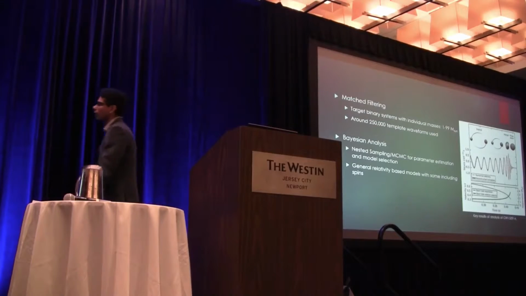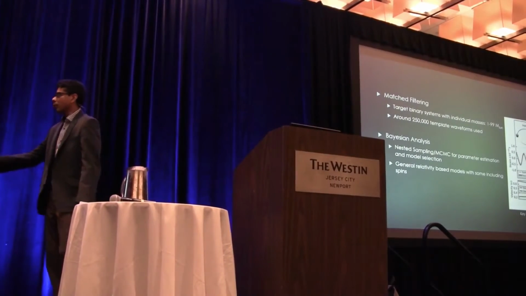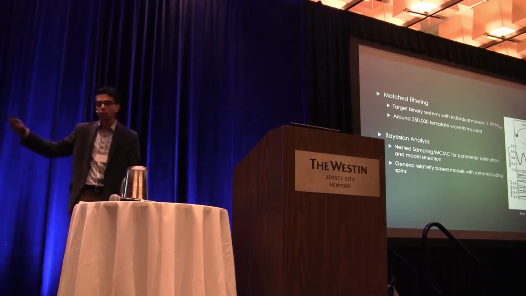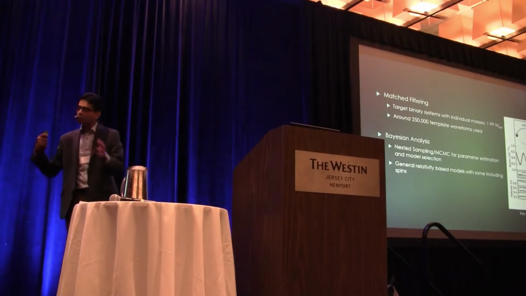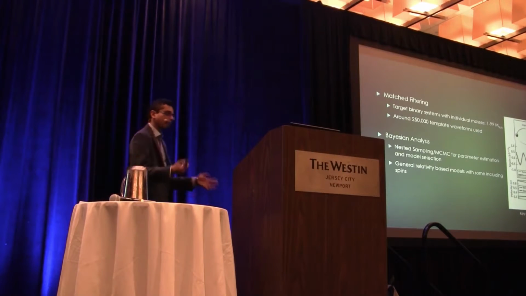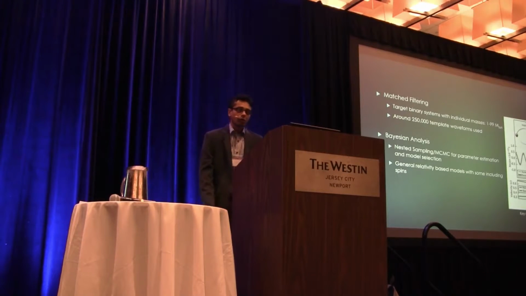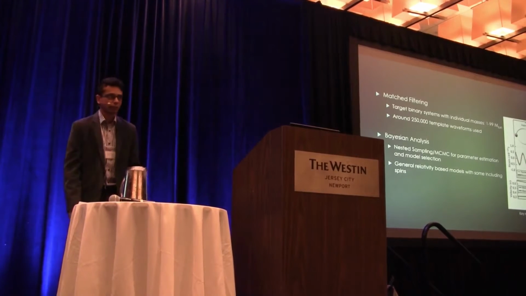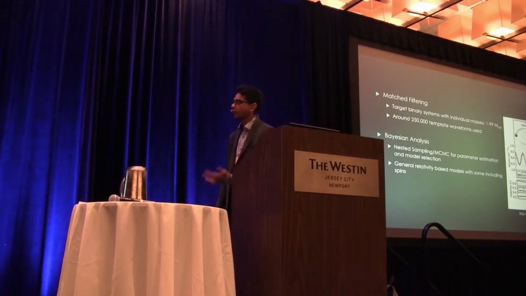So most of my work in LIGO is actually in this particular area, working with nested sampling algorithms to do the significance, to model the whole system. The problem with Bayesian analysis is that even though people have sped up the analysis quite a lot, it still takes order 100 hours. So you cannot really use those algorithms for low latency searches. They are very, very accurate, they are very, very robust, but they cannot be used to detect gravitational waves in real time.